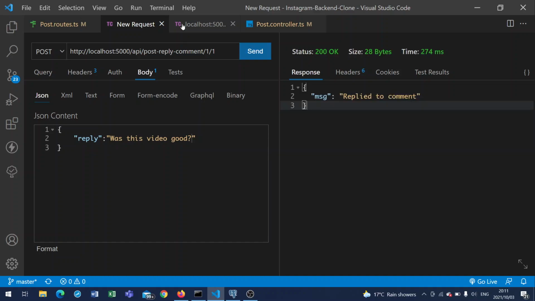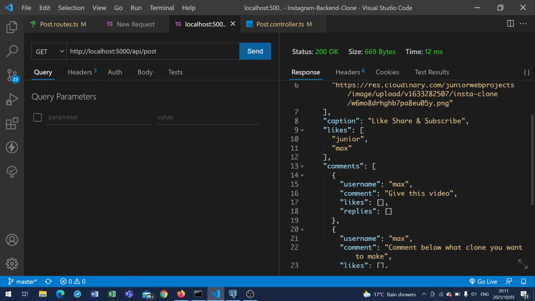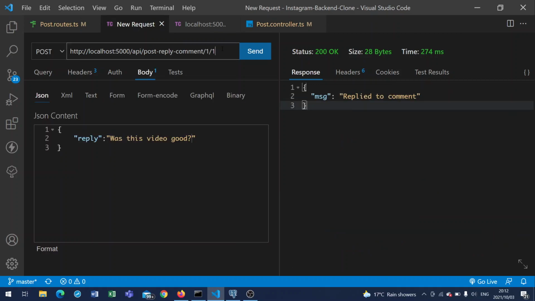We'll resolve those errors. So we got nothing. Let's see within our comments, we got basically that replies like that. Right. So now that is working just fine. We can see this thing is working just as we expect it to, because we said that we want to comment to index of 1. But if we wanted to comment to index of 0, because remember our index starts from 0 to infinity or n-1, so let's say,